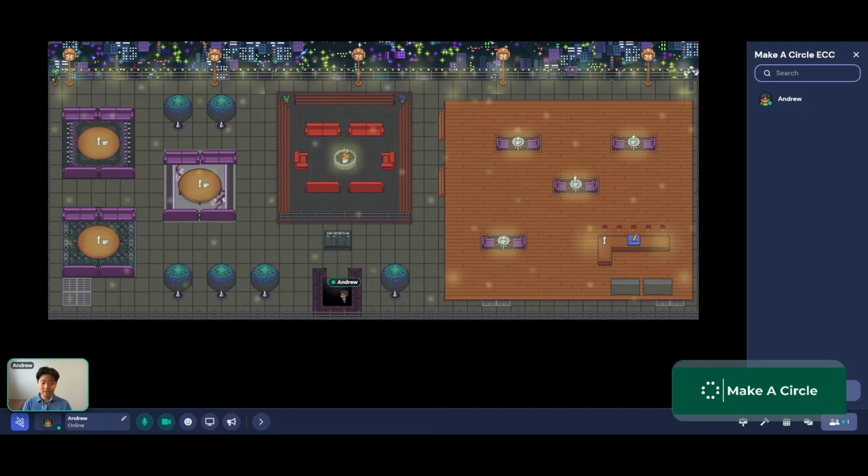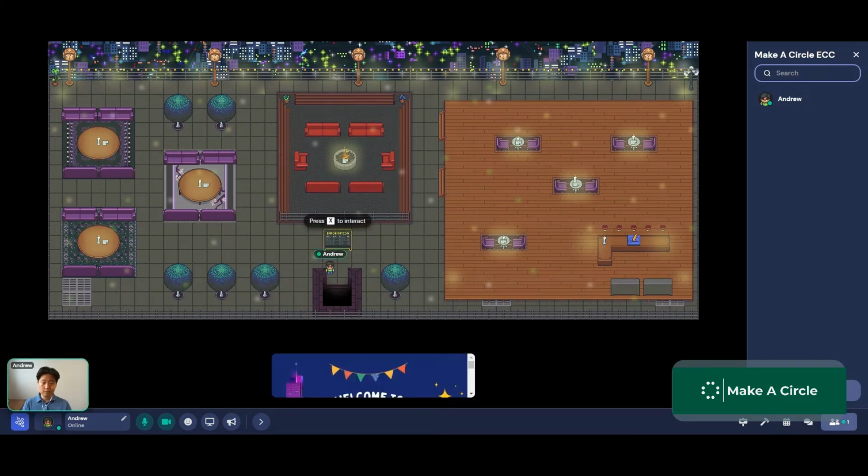Here you see my character over here. It says Andrew at the bottom. And I'm just gonna move around and show you around. So here, when you approach this information board, you see this little image at the bottom. And this is just a welcome image, and there are some instructions. It says, welcome to Make a Circle's Rooftop Hangout.